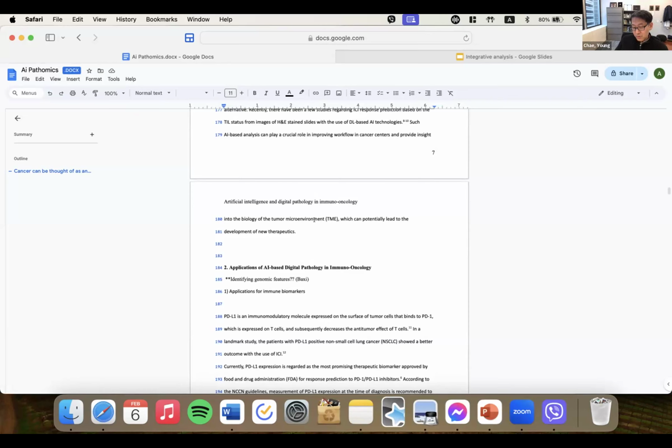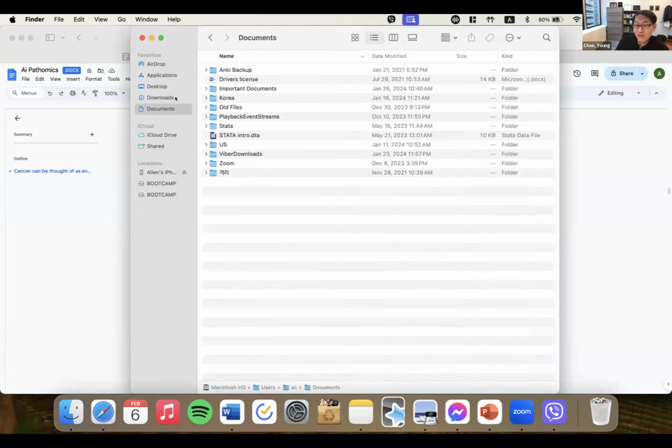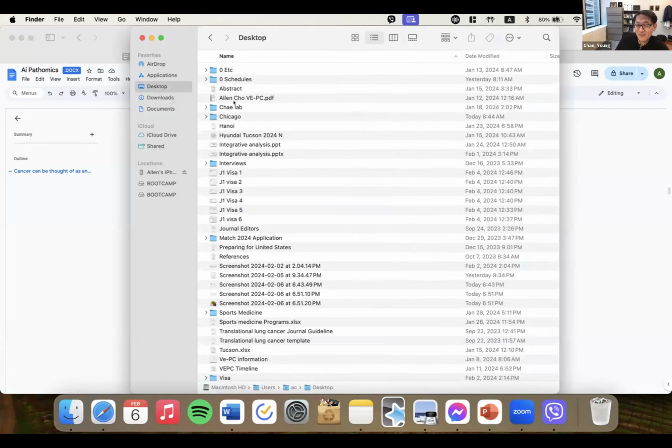Yeah, so Sally's working on imaging AI identifying genomic features. So just by looking at the H&E slide, we can say, oh, this patient has an ALK fusion, this patient has an EGFR exon 19 mutation. It sounds too good to be true. How do you know, just by looking at the H&E slide, what mutation it is?